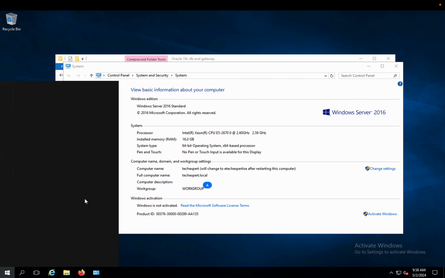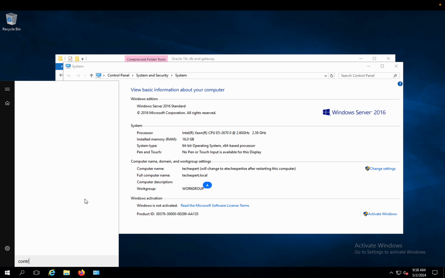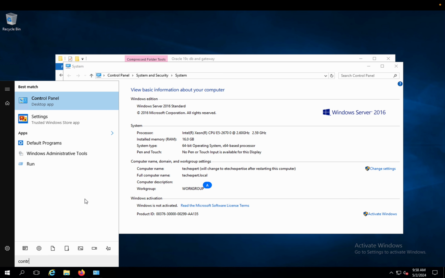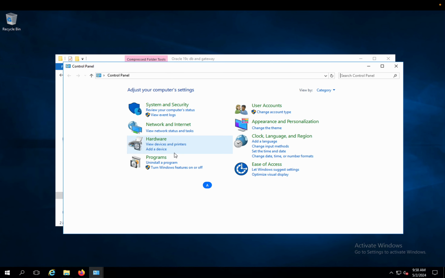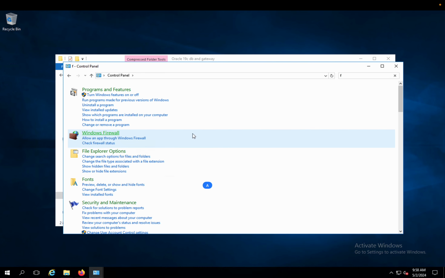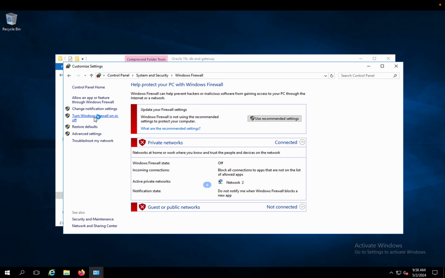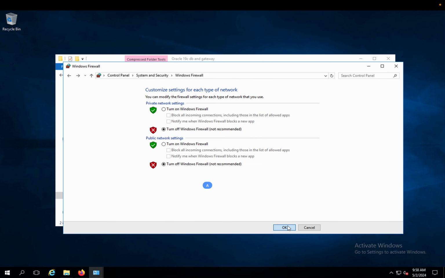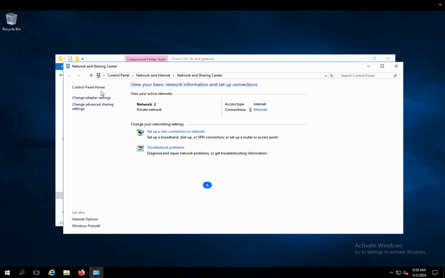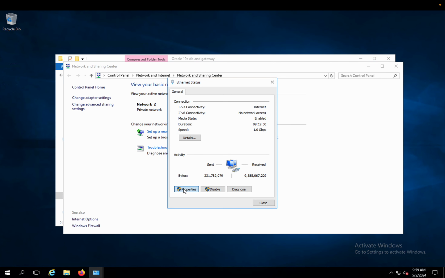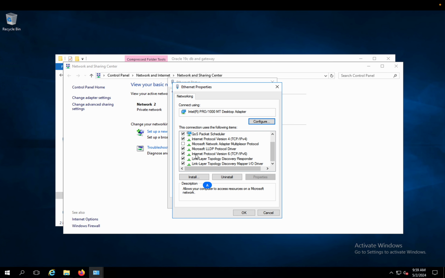Next we will go to our control panel and change our Windows firewall setting. And turn it off. We also have to disable IPv6. And only IPv4 will